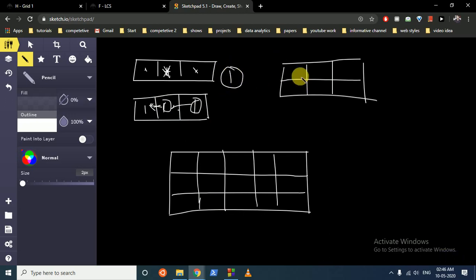Now if you are at this point, there is one wall at this position and one wall at this position. You can go only via this path. Now if there is only one wall at this position, you can go via this path and also via this path. So now there are two paths. Let's calculate for this.